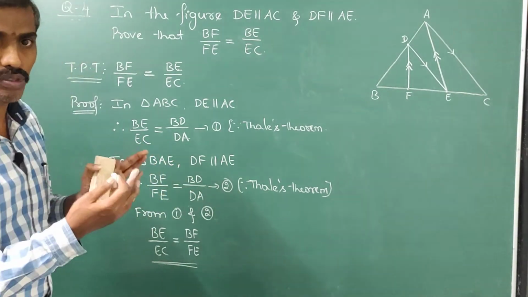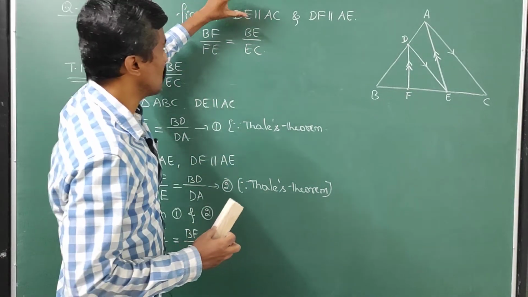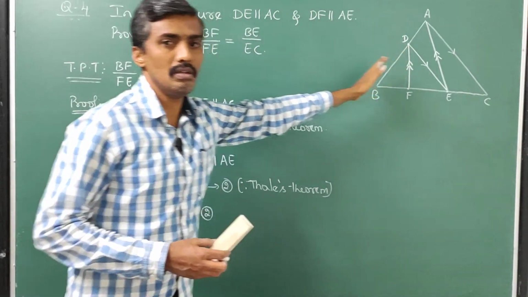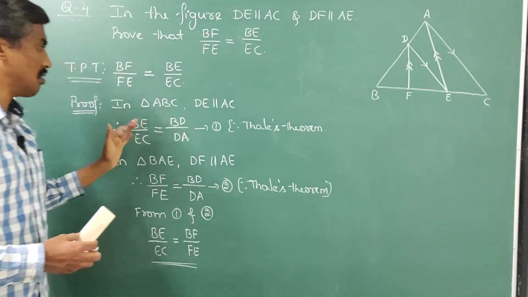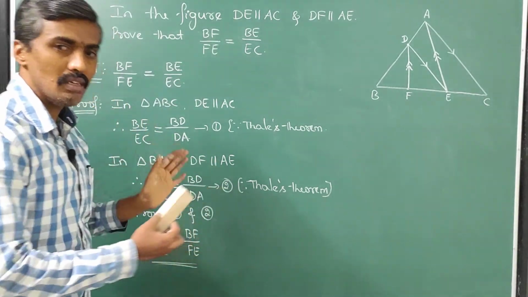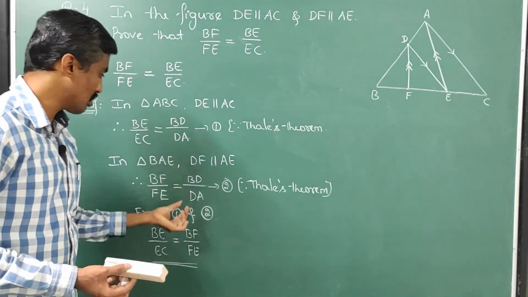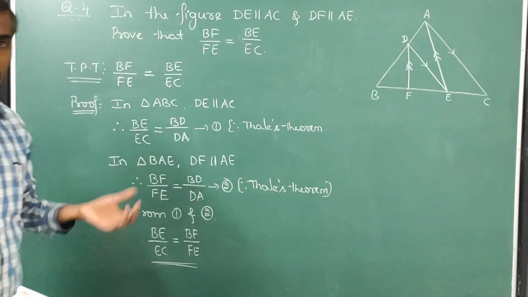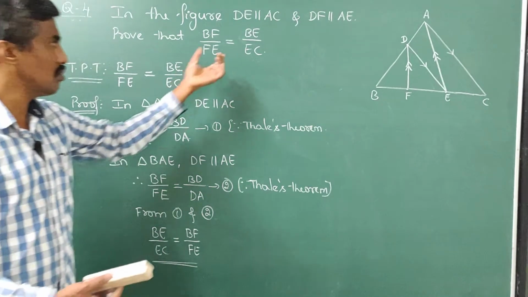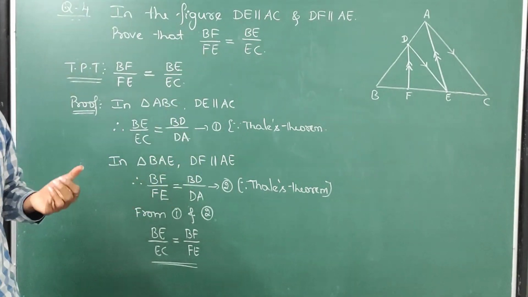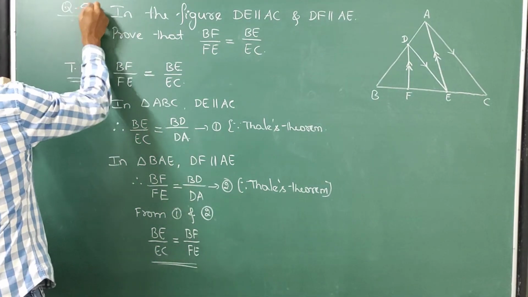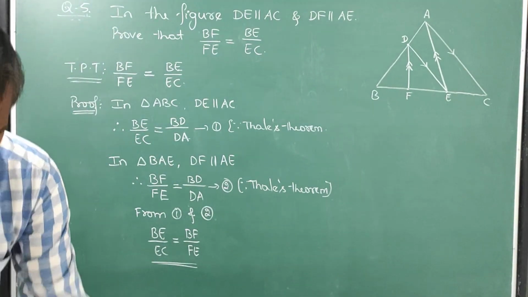If you are good in observation, first observe the data given, apply it in the triangle and write the ratios according to the Thales theorem. Similarly for the second data, then equalize. Automatically you will get one side common, the same ratio, either in the left hand side or right hand side. Then equalize, and 100% you will get what is required. Okay, so let me move on to the next question. Question number 5.